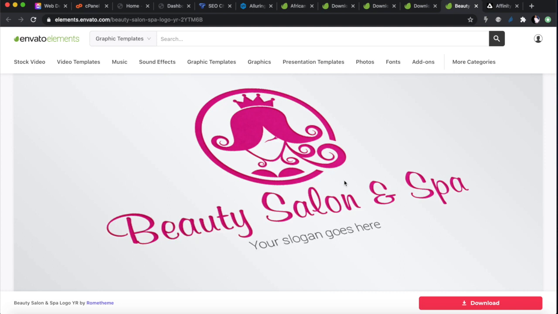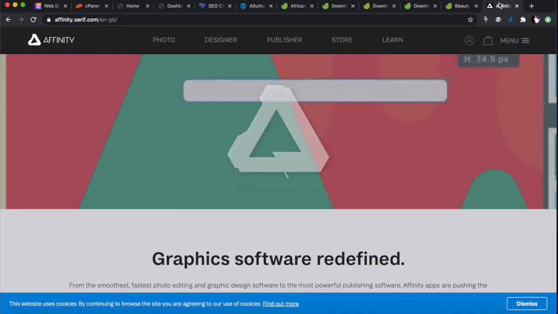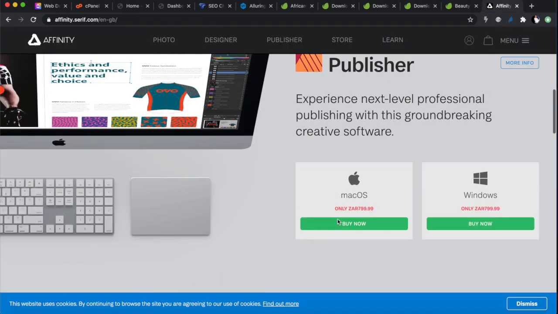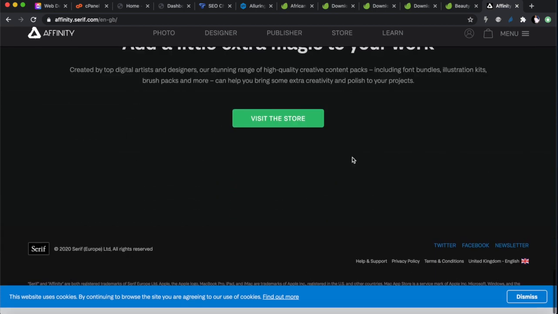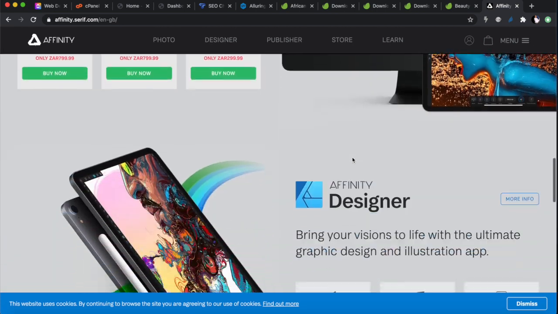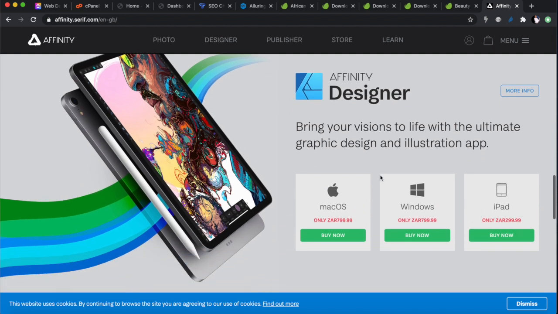All right. So once you have the membership, you can use this logo for your own branding. You get a license to be able to use this. So Affinity Designer, you just get there, you buy it. Okay, they've got Publisher. They've got Photo, and I think Designer is a little bit at the bottom. Okay, so just look for it. There it is. And it only costs you $7.99. And this is a once-off.